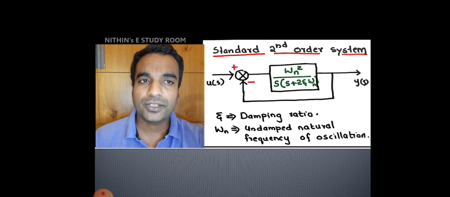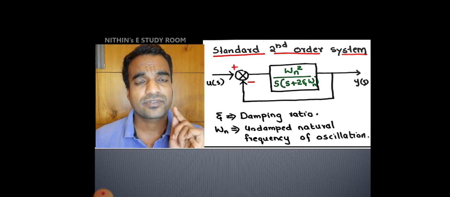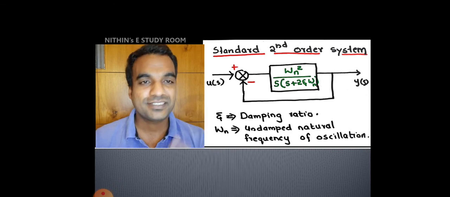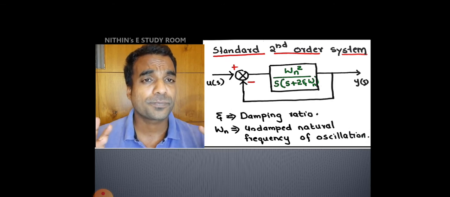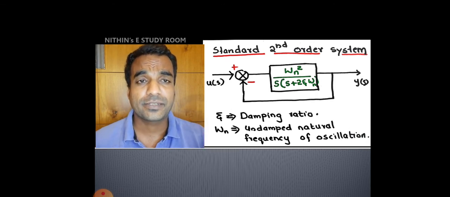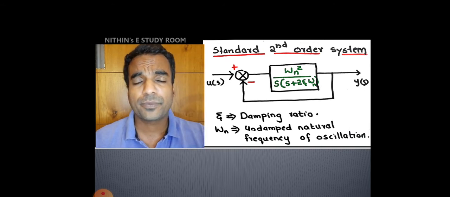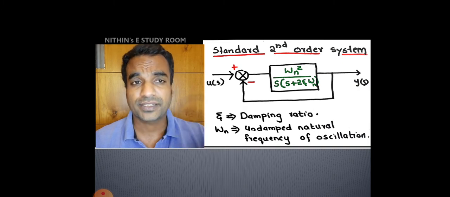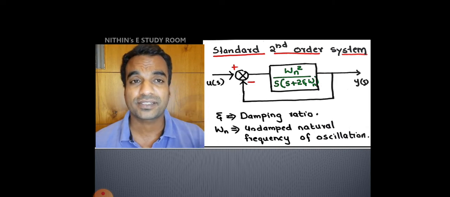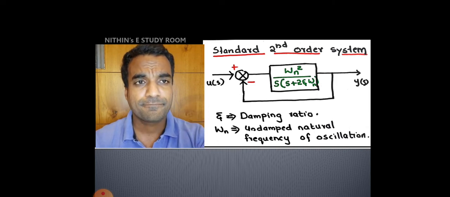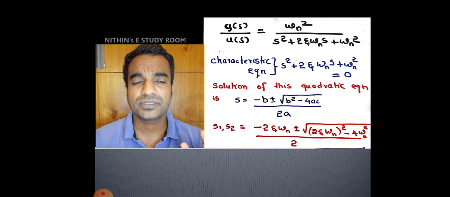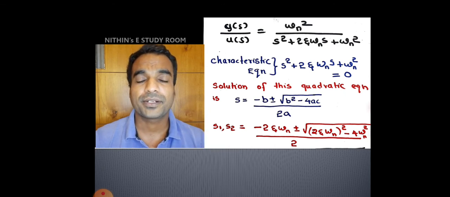Then if we are converting it to a closed loop control system, its transfer function is not G of s. The closed loop transfer function is G of s divided by 1 plus G of s H of s. So eta is damping ratio and omega n is the oscillation. If it is a second order system, there are chances for oscillation, and that frequency of oscillation is represented by omega n. These things were in the previous lecture number 13. If you have more doubts, you can refer to earlier lectures before entering this lecture.